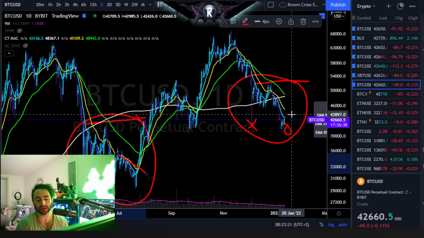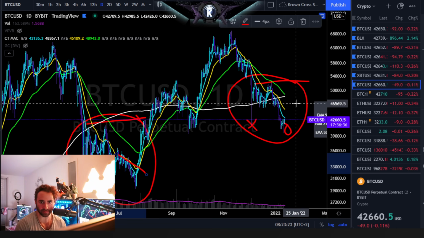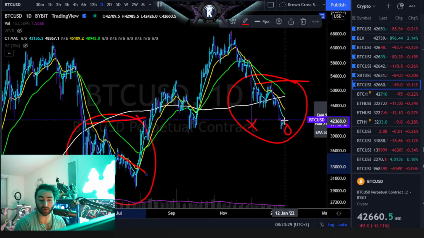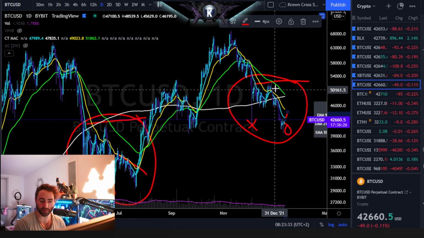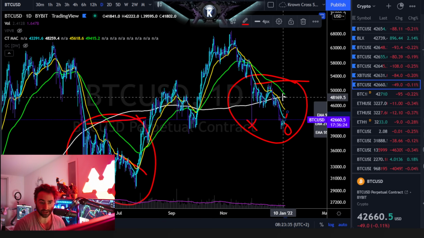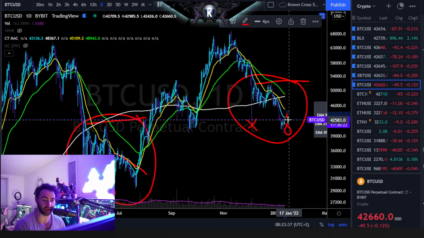But for right now, what do we expect if this relationship is going to hold over the next few weeks, maybe even another month and a half? We'd be expecting another rally back up somewhere around the 21 in this case, which by the way is still well below the white 200 simple, which is not a good sign long term.